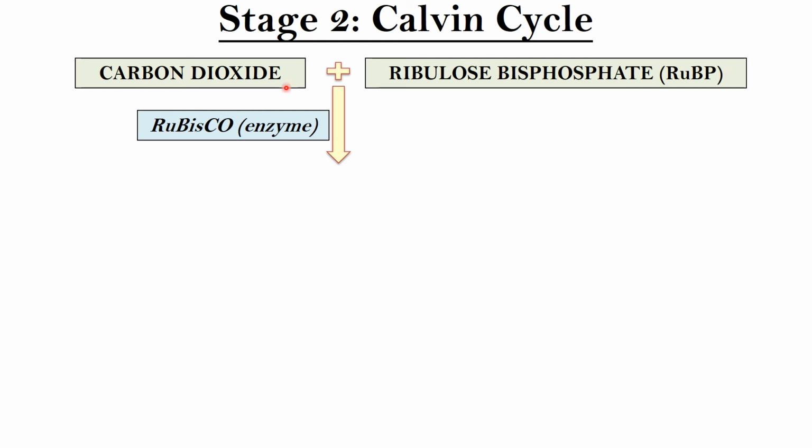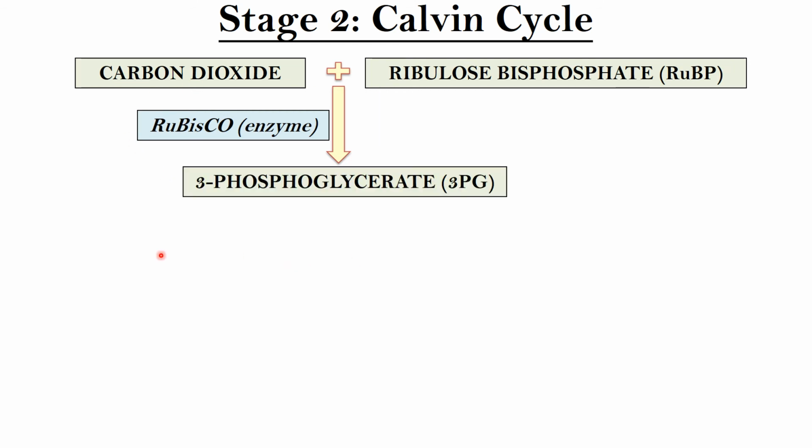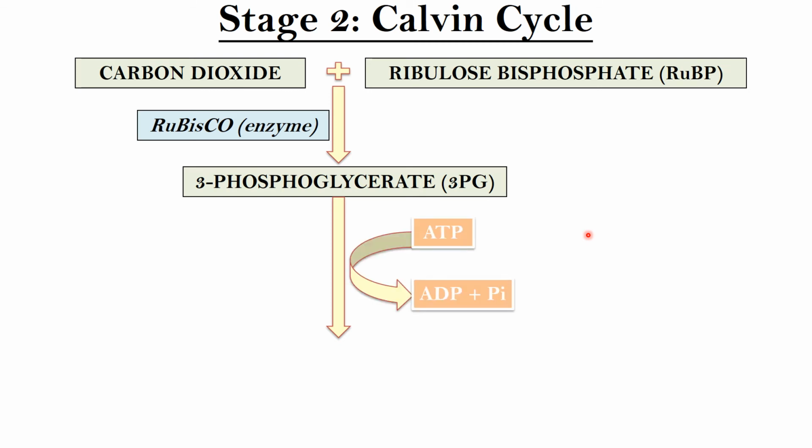Then we've got another new enzyme coming into the course. Rubisco converts this into 3-phosphoglycerate, or 3-PG. And I should point out, you don't need to do the full names. You can do the shortened versions if you want. 3-phosphoglycerate